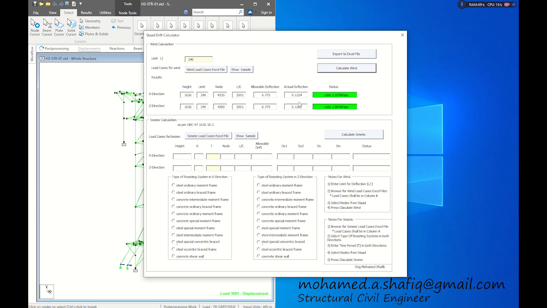The second part is to calculate seismic drift. It is done in a similar way to the wind procedure, but with the exception that you have to select the inter-story drift. That means you have to check the drift between each story, and as in the wind procedure we have to select the seismic load cases,